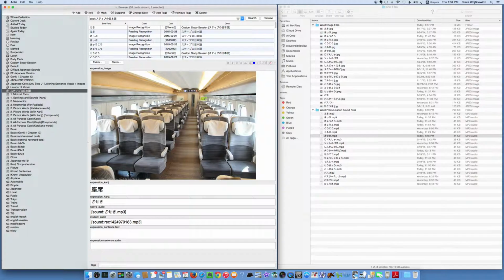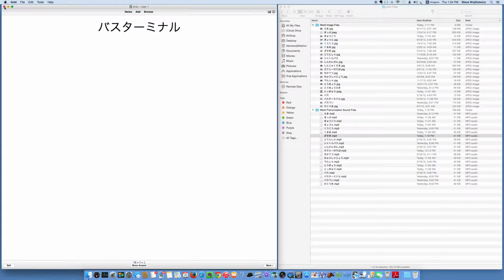I'm also going to produce a video of the Anki working on the iPhone. It's a little different. It doesn't, like I said, play all the sound files, but it's interesting in a different way. I'll close this, and when I quit, it's actually syncing the work I've done to Anki Web so that